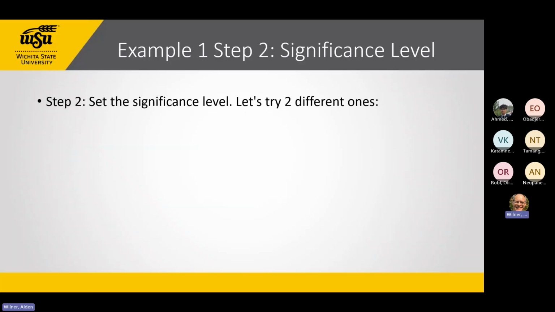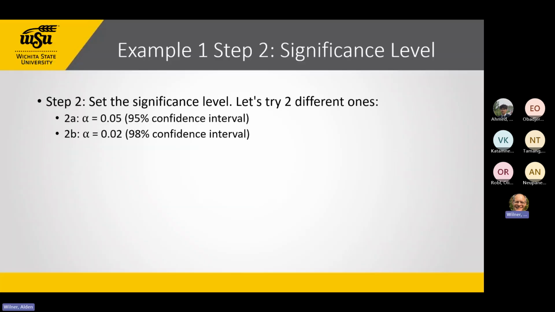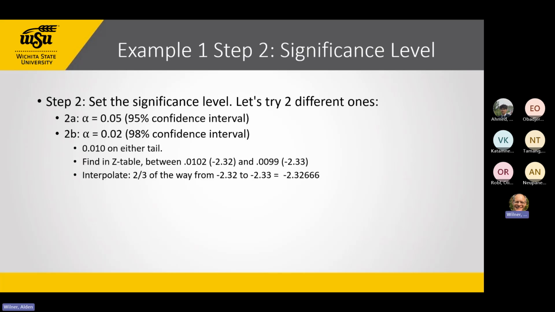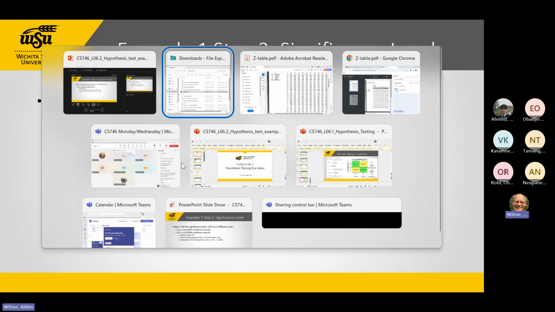Now we set our significance level. So we're going to try our 2 different ones, 95 and 98. And 0.01 out of the tail, we find in the z table. For 98% is 0.0102. If we look in our z table here now,